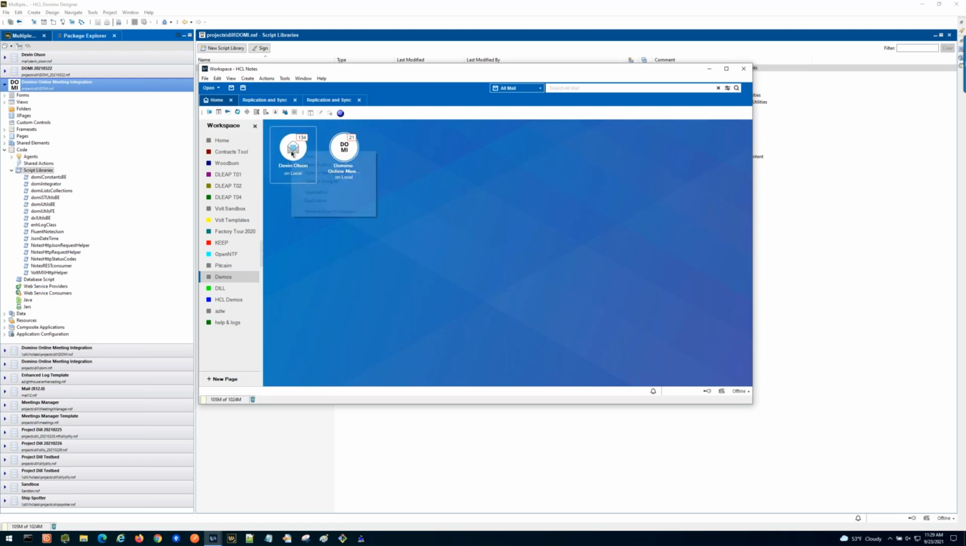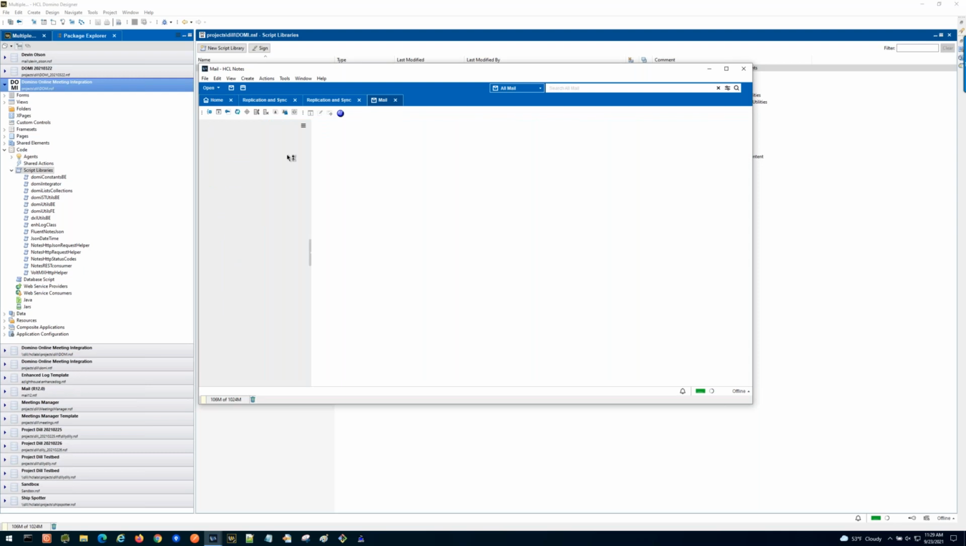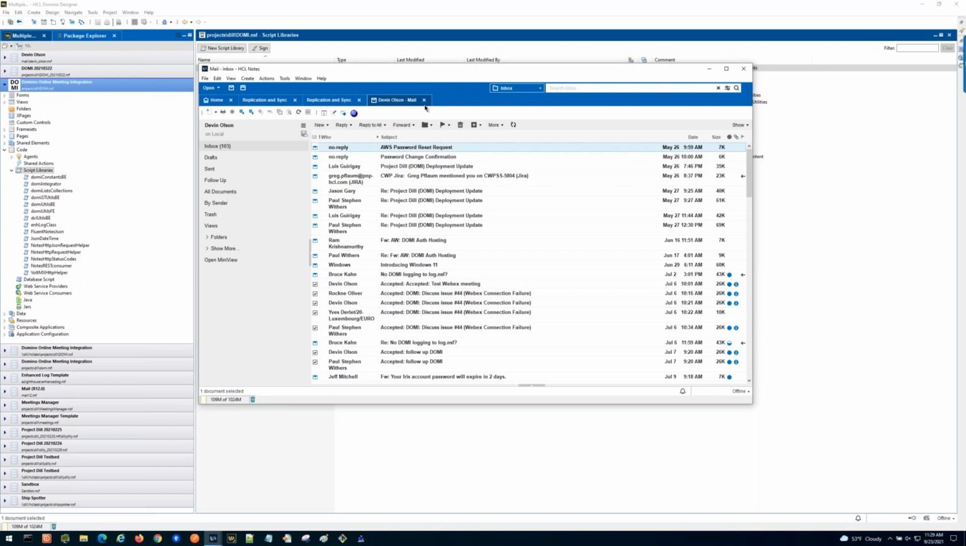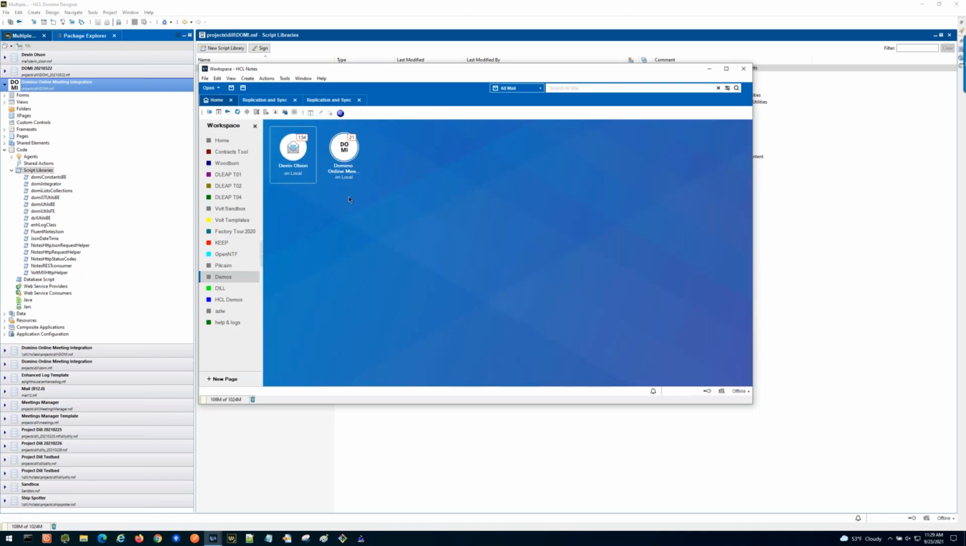Here's a mail file that I have that is currently set up on the 1101 template. There's some email from me, yay, no big deal. We require 1101 fix pack 3. The reason we require 1101 fix pack 3 is we discovered there was a bit of an issue with the Notes HTTP request object, in that it wasn't entirely